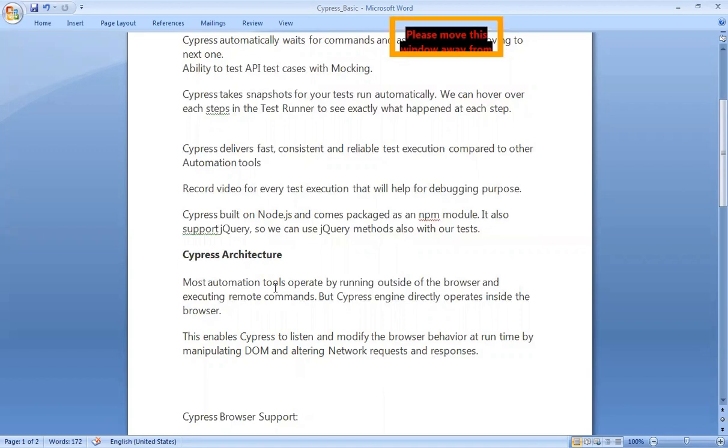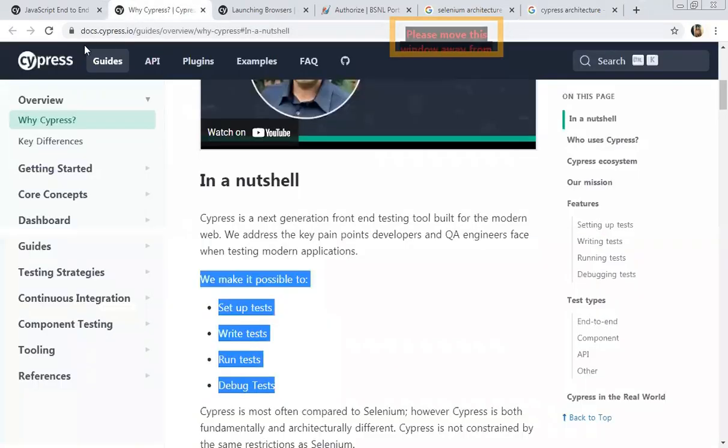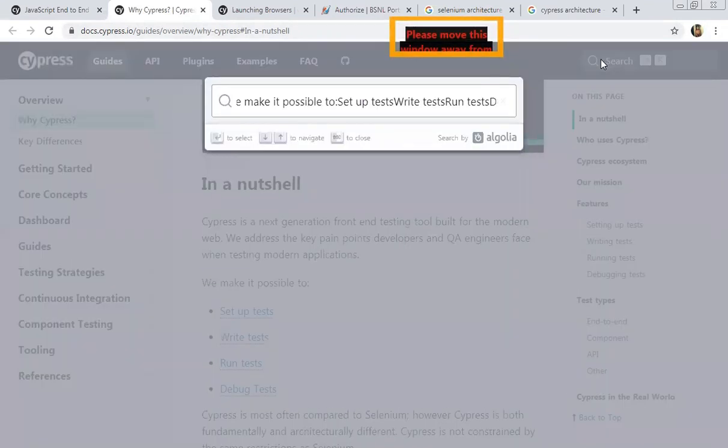Now let's move to the next topic, Cypress browser support. Which browsers does Cypress support? For that, go to the official website, cypress.io. That is their official website. All the related commands and differences you can generally check on the website. We will use this website very frequently in our lectures. If you go to the search part and type